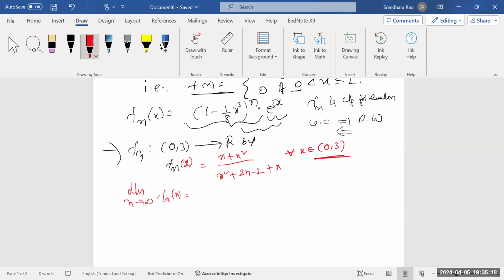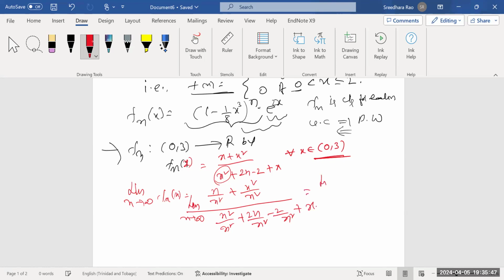The highest power is n squared, so you can divide by n squared on both sides: n by n squared plus x squared by n squared, over n squared by n squared plus 2n over n squared minus 2 by n squared plus x,